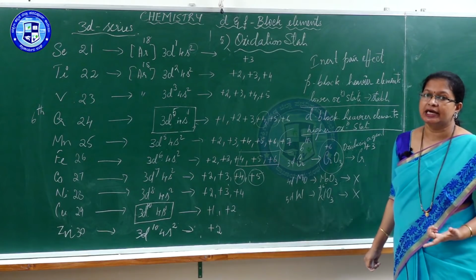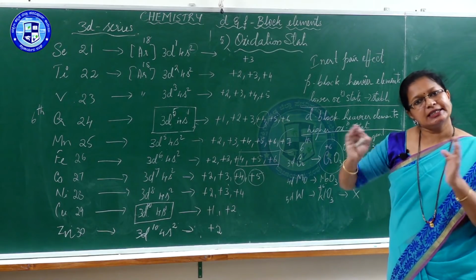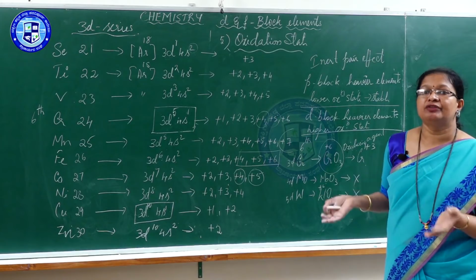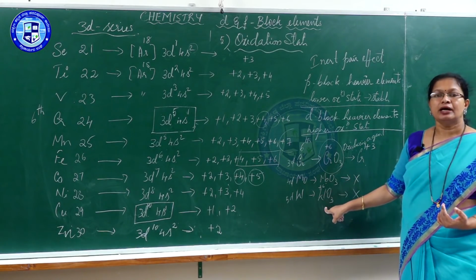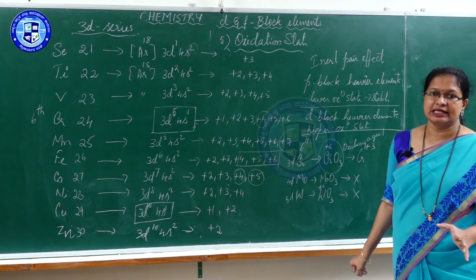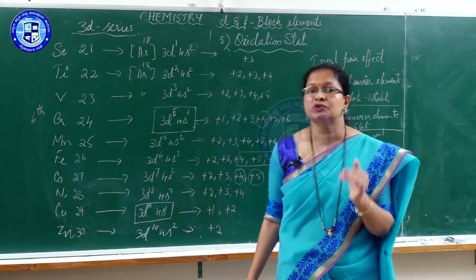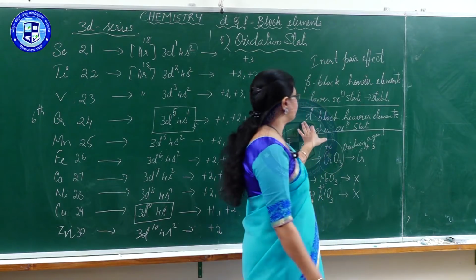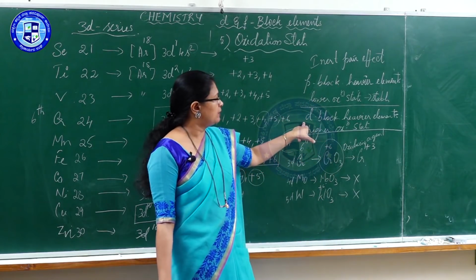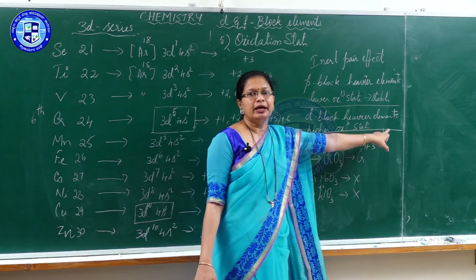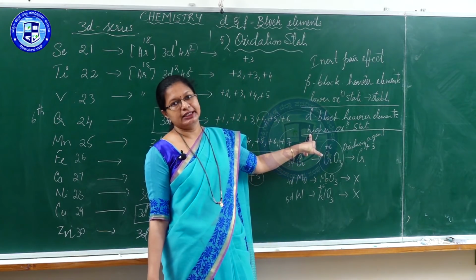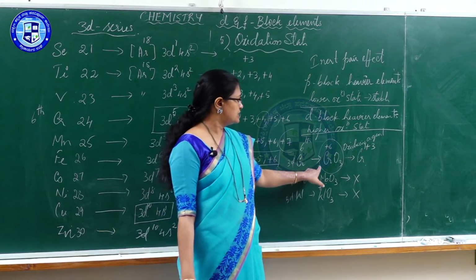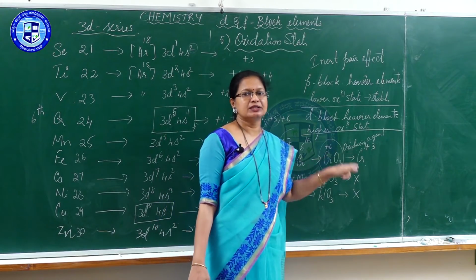What is an oxidizing agent? It oxidizes another element or compound, by which it itself gets reduced. So molybdenum or tungsten, which are already in the plus 6 state, are not ready to get reduced to the plus 3 state, because d block heavier elements prefer higher oxidation state rather than lower oxidation state. So CrO3 is a good oxidizing agent.